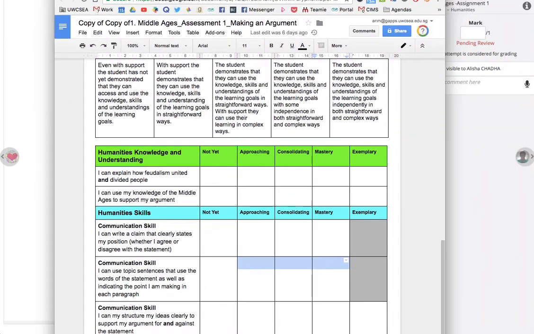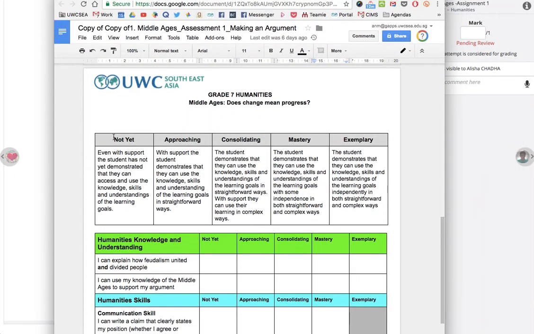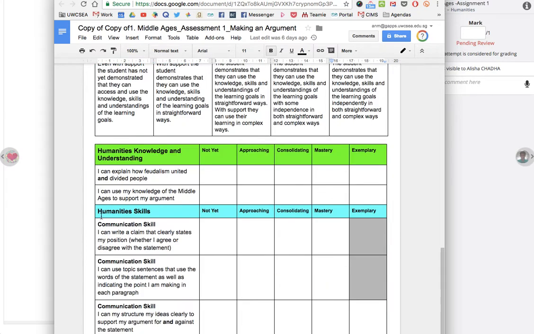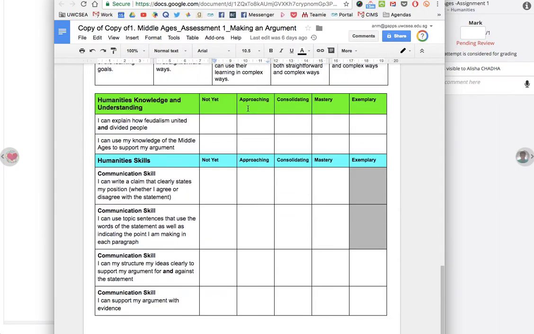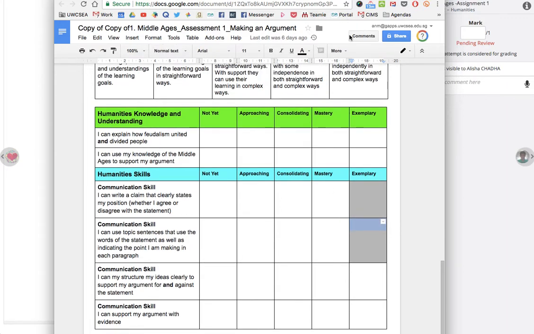So what we want to do is take this piece of work, which has the different scales from our new Reportables project, and we want to take some of these things here. So these are the Reportables for humanities under knowledge and understanding, and this is our scales here. In this case, we haven't got the specific success criterion underneath here, but we're going to use these as the things. And this example also has ones which we don't expect students will attain. Well, it's impossible to show exemplariness for these types of skills. So to take this